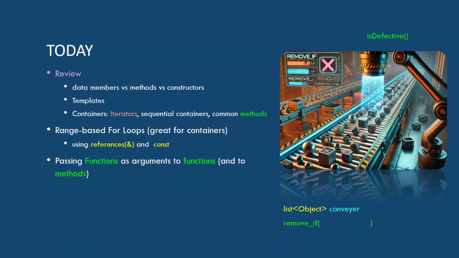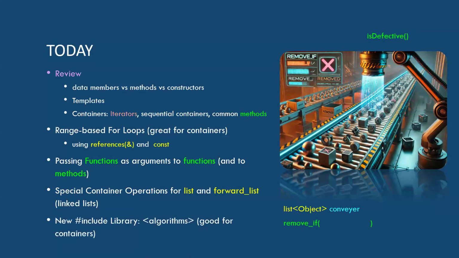And then we'll get to our functions as arguments, which is really cool, but a little mysterious if you haven't seen it before, okay? And we will try out those functions as arguments on our list and our forward list containers, which we kind of saw briefly last time when we were doing our deck of cards in our last lecture. Okay. So that should get us to the end, and we'll look at a couple of things from the algorithms